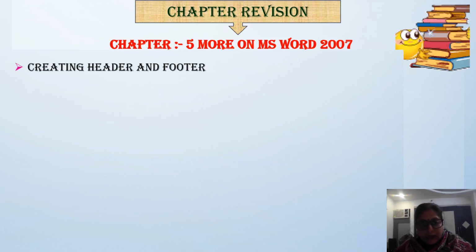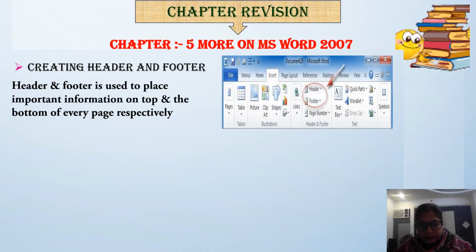Then creating header and footer. Header and footer is used to place important information on the top and the bottom of every page respectively. You can include the title, chapter heading, date, page number, author name, etc. in this section.